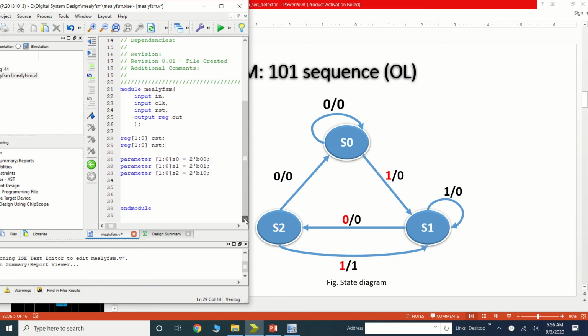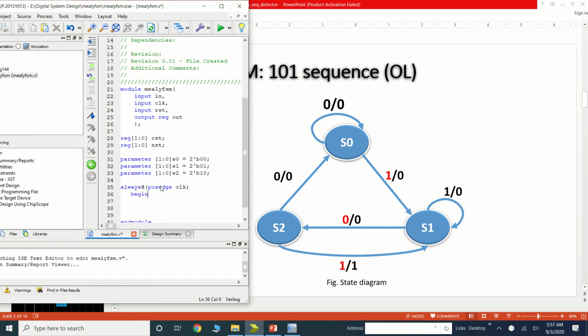Now first we'll prepare our always block, and in that always block, at every positive edge of the clock, we'll check. As the sensitivity list I am defining the clock, but on top of the clock we have to take care of the reset.